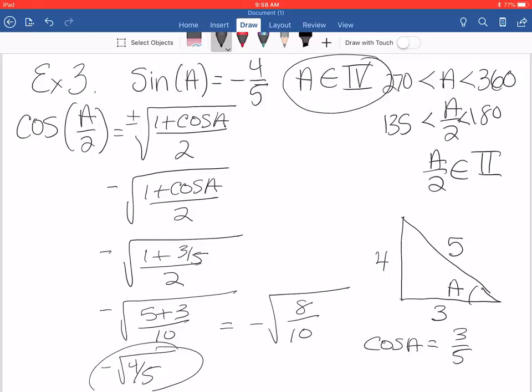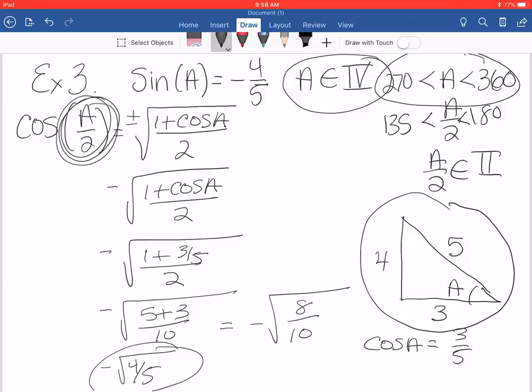The tricky thing about these is making sure that you know what angle you're dealing with. If you're dealing with angle A, you want to use this triangle and you want to use this quadrant. When you're dealing with angle A, you're in quadrant 4. When you're dealing with angle A over 2, you want to make sure you're looking at it in the second